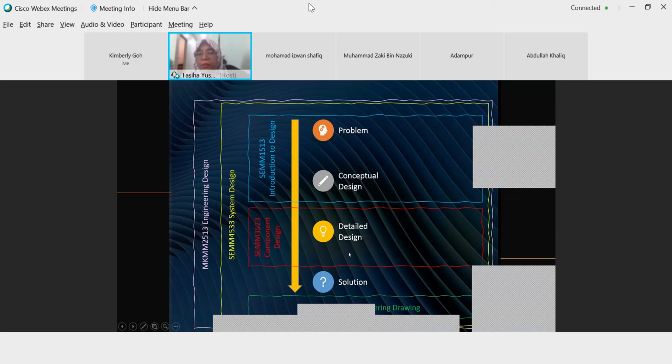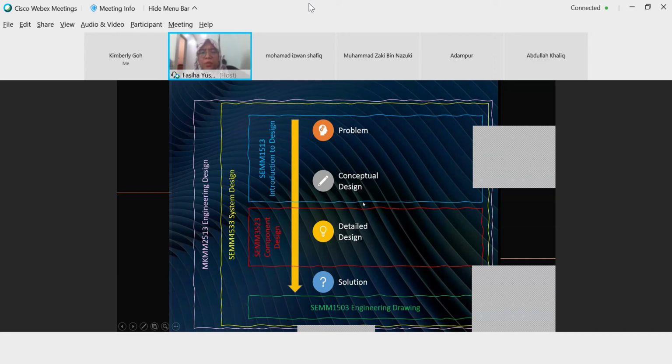The second part, we do detail design. Up to the end of the semester, we expect you to have the rigid solution, plus the drawing. Drawing is easy. If you design using SolidWorks, you can straight away produce a drawing. So this is the second half of the semester, and this is the first half.